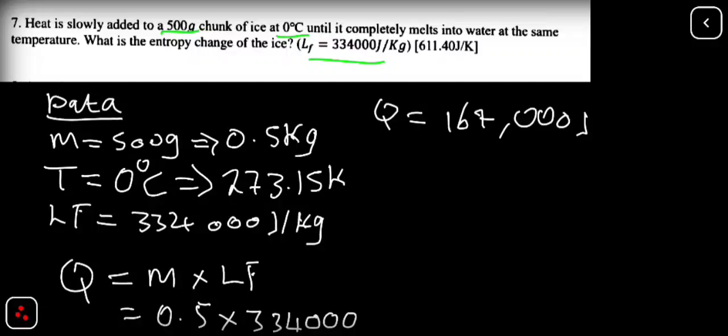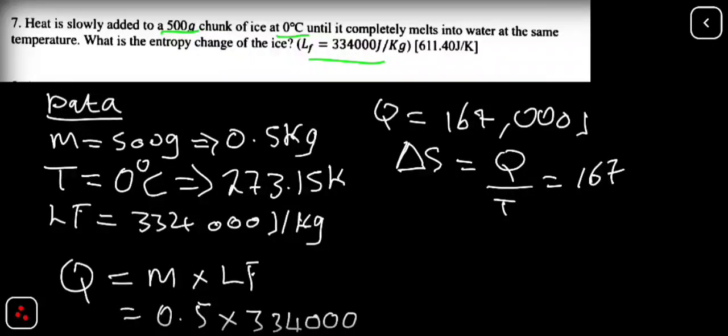This is the amount of heat added. The next thing we're supposed to do is calculate the change in entropy. The one we have found is the total amount of heat added. To calculate the change in entropy, denoted by delta S, we use the formula Q over T. Our Q we have found to be equal to